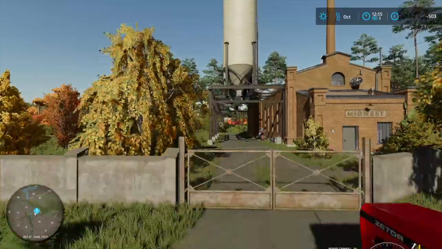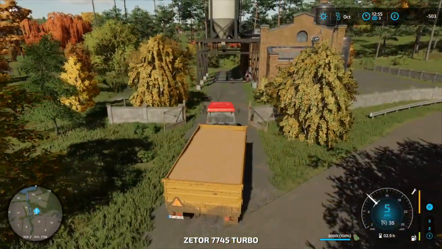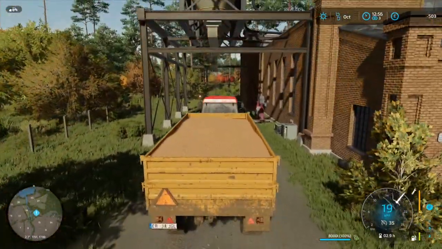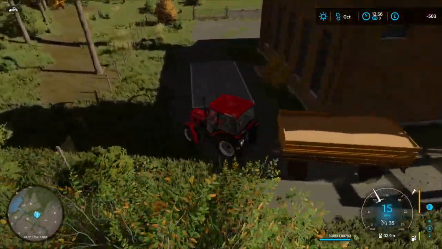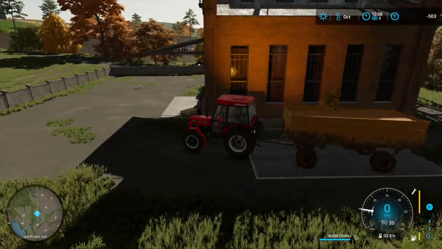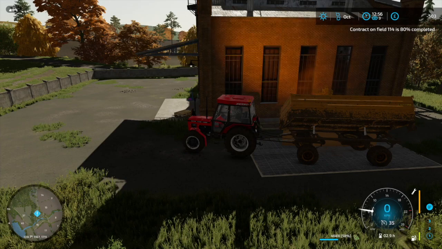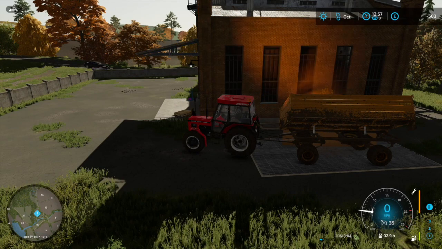Alright, well, we've made it. Fantastic. I do like this setup. Oh, another collectible. Alright, just go around to the side here. This should be the only option. I don't want to bring it to the wrong place, but this should be the one. So I'll get it unloaded. Fantastic. Right, so we'll get this emptied, and then...